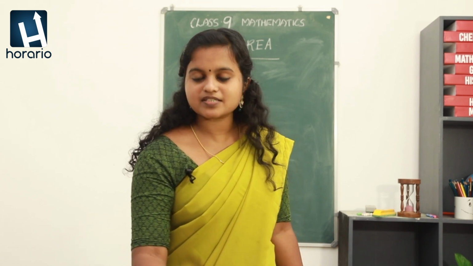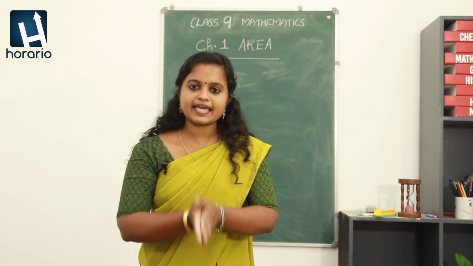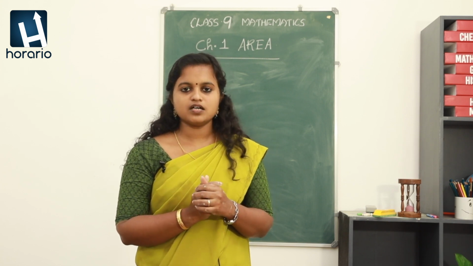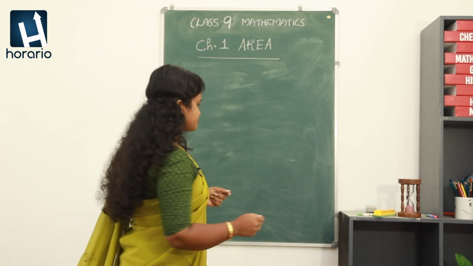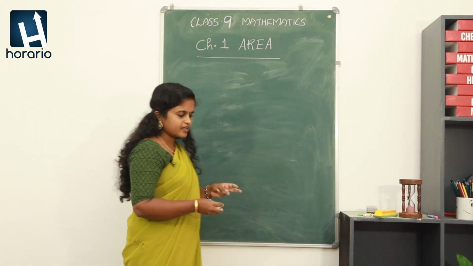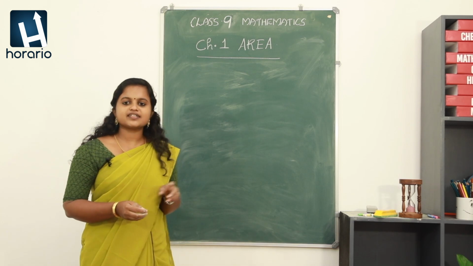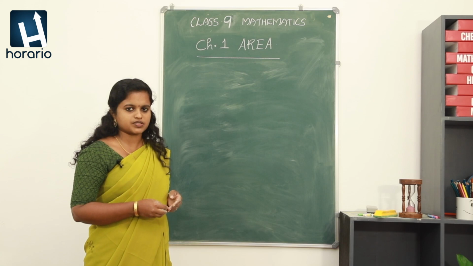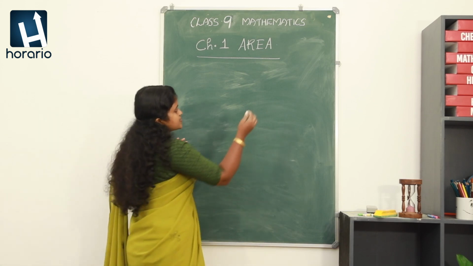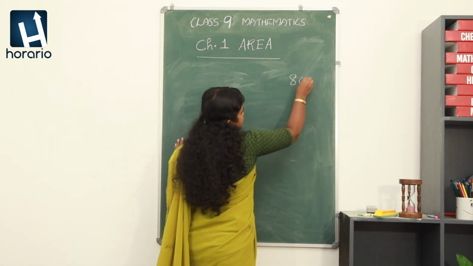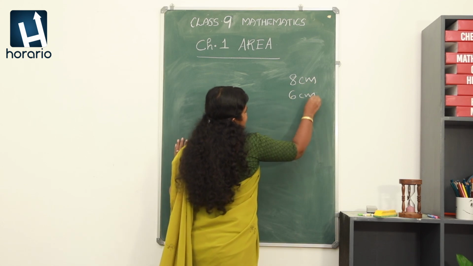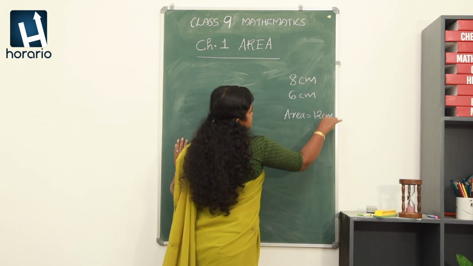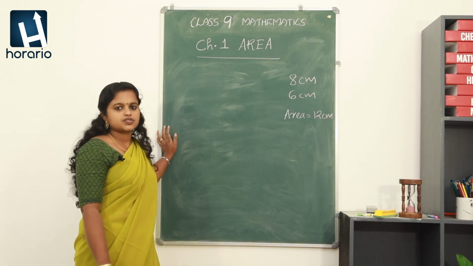Okay. In the previous questions, it was easy to keep the area constant. But here we need to keep the two sides constant as well. Anyway, it was a very easy problem. The concept is very clear. So for easiness, I am taking the base as 8 centimeter. If you want, you can use 6 centimeter also. No problem. So it is said that the two sides are 8 centimeter, 6 centimeter, and the area should be equal to 12 square centimeter. Now, how can we draw the triangle?